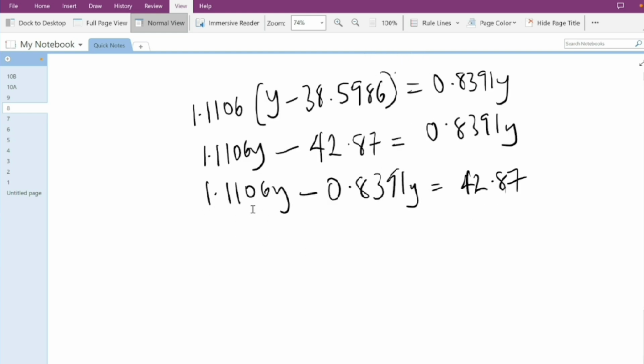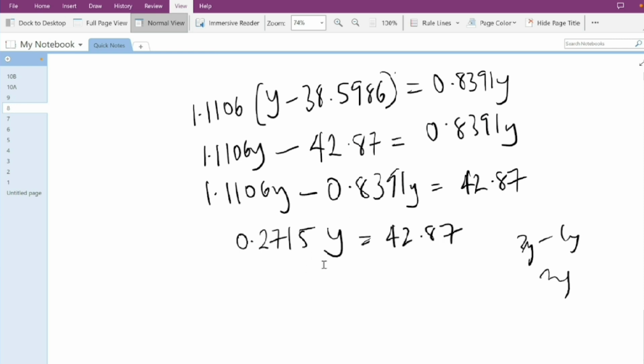Don't be afraid of this decimal, like I've always said. It's just like having 2y minus 1y or 3y minus 1y. Like 3y minus 1y, you just say 2y. You take out the y, then subtract the numbers. 3 minus 1, that's 2. Then write one of the y. Same applies to this. You just write the y, then use your calculator to do 1.1106 minus 0.8391, which gives you 0.2715y equals